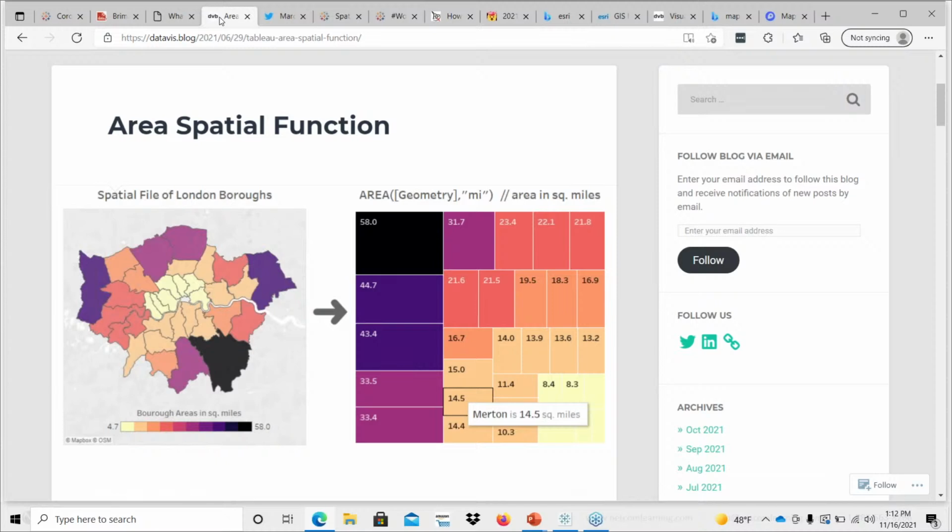So the first function is area that I want to go over. And what area will do is it will take the geometric shapes that you have in your files, and it will give you the space within those shapes based off of whatever criteria you want. So it depends on if you want miles, if you want inches, if you want kilometers. You can get the space from these geometric landscape spaces, and you can get the area within them using this